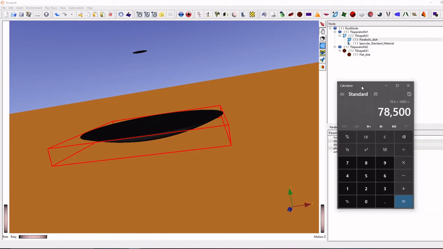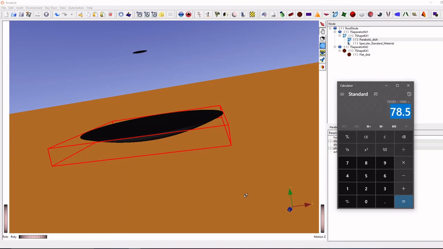Like area of circle is pi r square. So it means 3.14 into 5 square 25. Okay, 78.5. Our solar insolation we entered is 1000. So 78.5 into 1000 divided by 1000, 78.5 kilowatt.